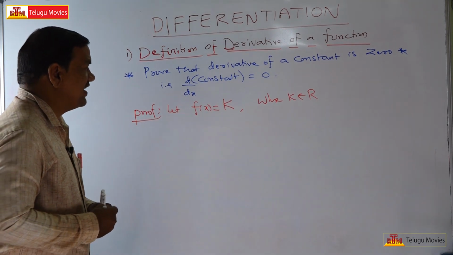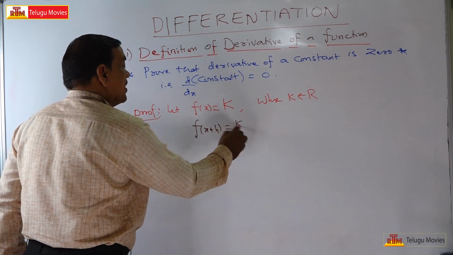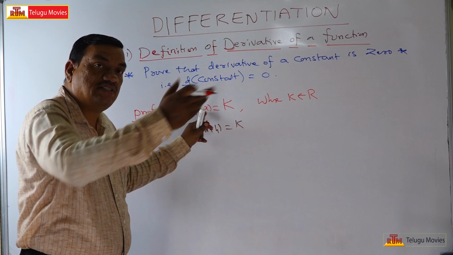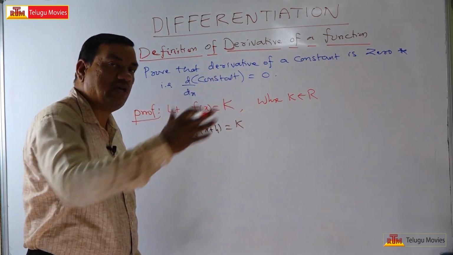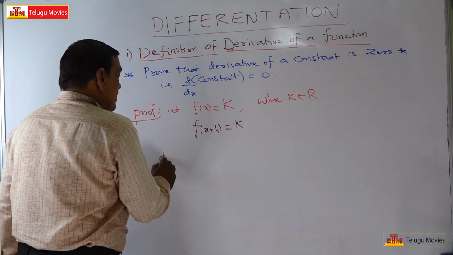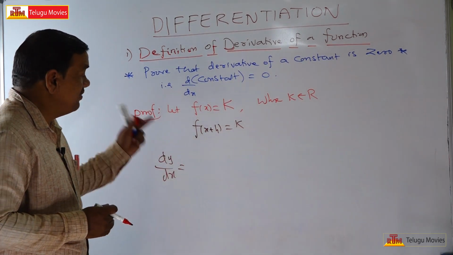What is your f of x plus h? So your f of x plus h is also k. Why? Because it is a constant function. For x, the image is k. For x plus h, the image is also k. Okay, now, according to the definition by first principle, what is the derivative of the